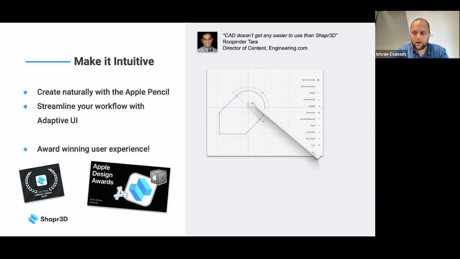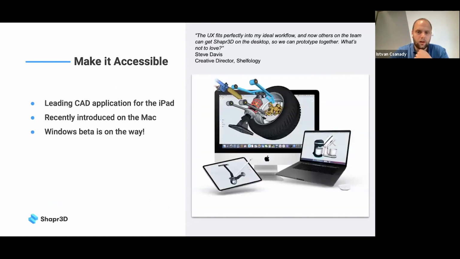That allowed us to question really every aspect of how you can interact with your 3D design. We recently introduced Shaper 3D for Mac, and Shaper 3D for Windows is also on its way. We put quite a lot of effort into interaction design.